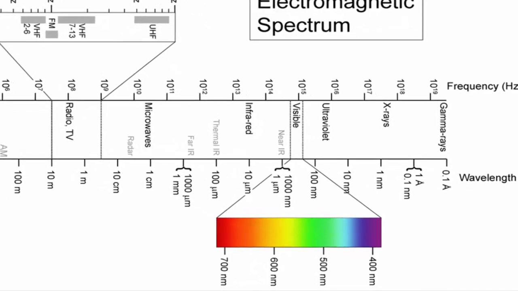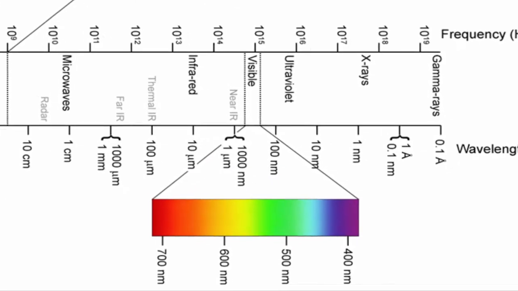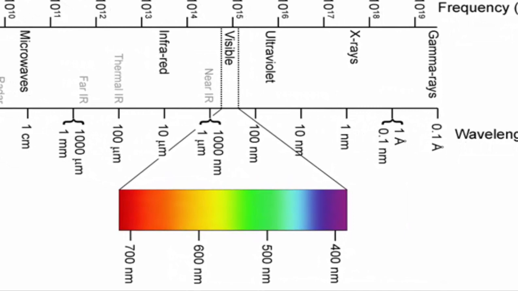Our eyes are sensitive to light, which lies in a very small region of the electromagnetic spectrum called the visible spectrum. This visible spectrum corresponds to a wavelength range of about 400 to 700 nanometers, where 1 nanometer is equal to 10 to the negative 9 meters. Our eye registers these wavelengths as colors in the range of violet through to red. The human eye is not capable of seeing radiation with wavelengths that are outside the visible spectrum, so we cannot see ultraviolet or infrared light or radio waves, for example.